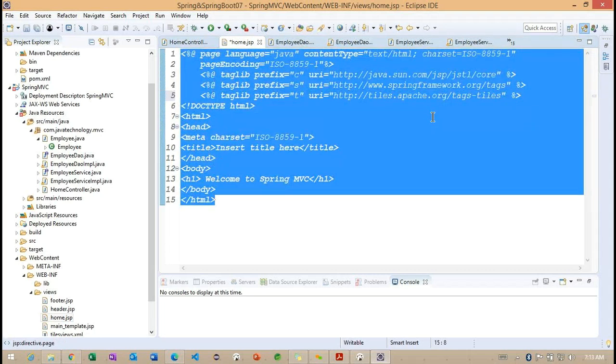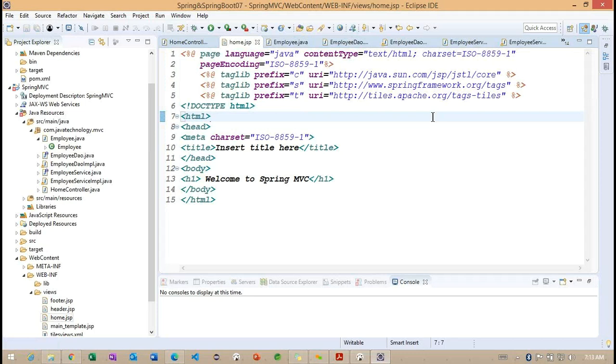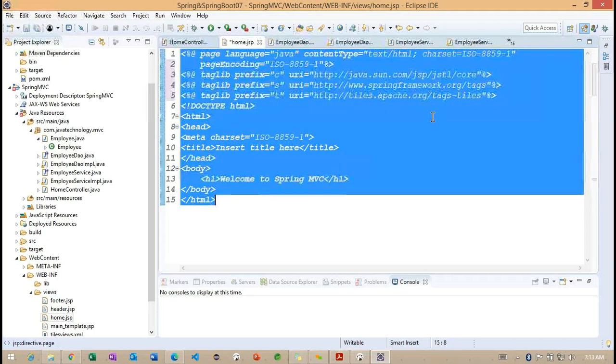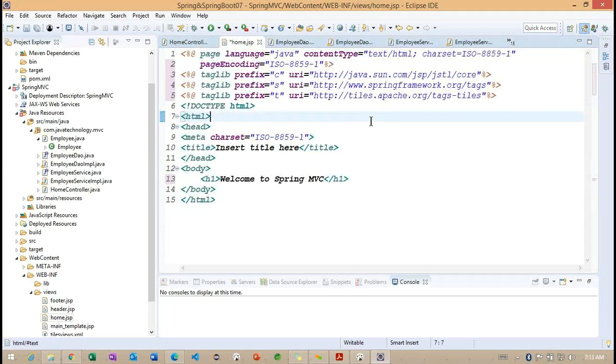So these are the three libraries we are going to use. Okay. So here the header I want to make as Spring MVC application,